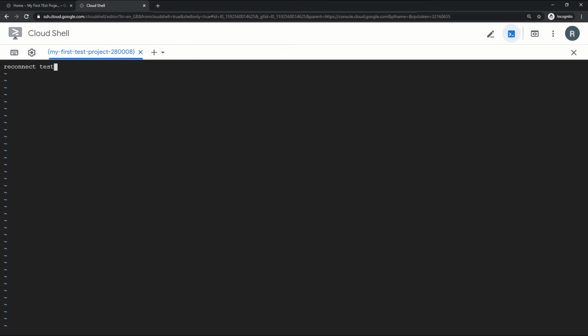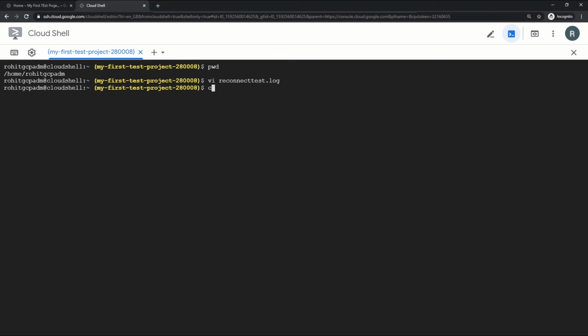So add some text here. Let's save the file. Let's check what is there in the file.